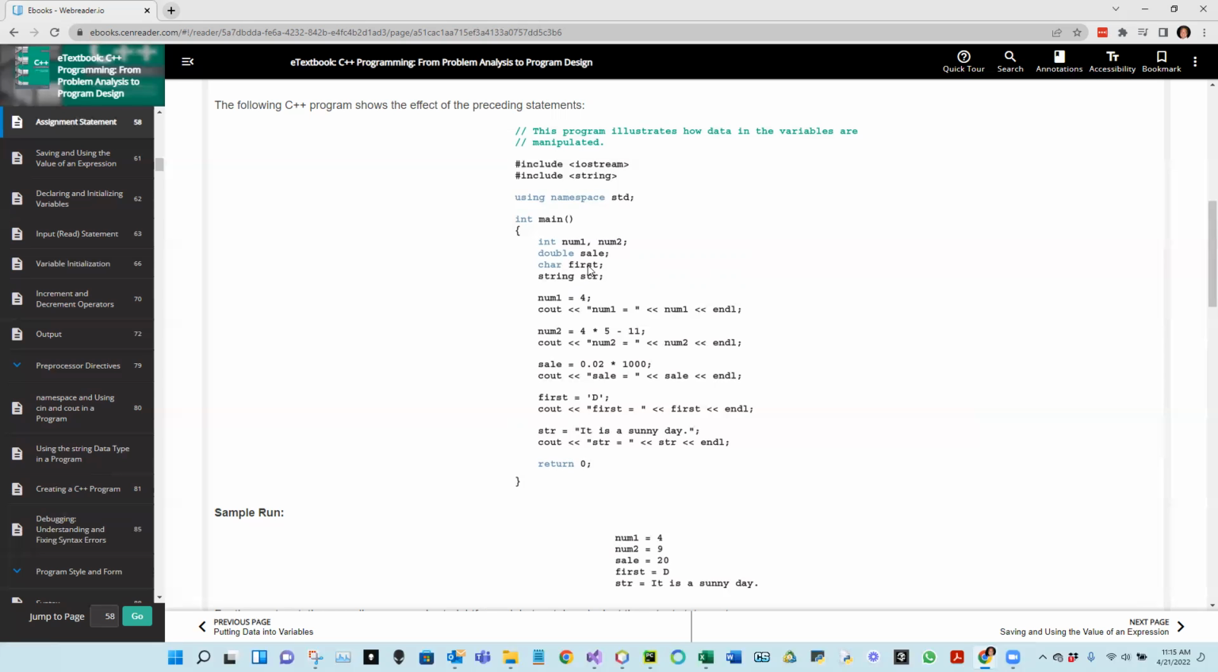Then it's going to create another variable called first in memory, which is a char, or a character. That basically means a single alphanumeric textual value. And then we're going to create another variable in memory called stir, which is a string variable that I assume is going to at some point store a string. Okay, so again, top down. We're creating these integers, we're creating this double, we're creating this character, we're creating this string variable,